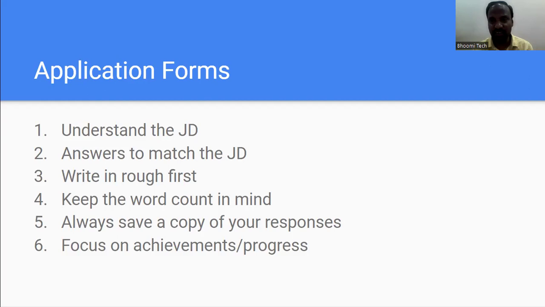Some answers have word limits, so please keep that word count in mind, and always save a copy of your responses. Why? Because after some 15 days or 20 days or 1 month of writing your form, they will come back to you and schedule an interview, and you'll forget what you have written in your form. So it's always important to save a copy of your responses and email those responses to yourself,